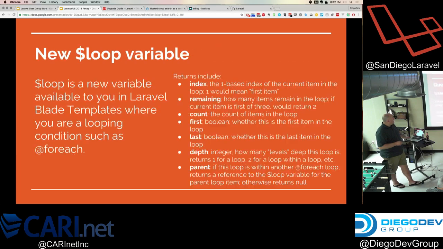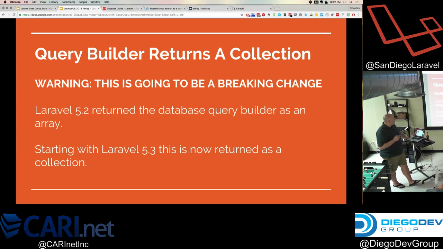The only one I'm aware of is the query builder returning collections, but I heard that there was another breaking change. I don't recall what it was, but I strongly suggest you look at the upgrade guide. I'm sure it's outlined there somewhere. I don't know, it's not necessarily a big change. Like for us, we're using the classes